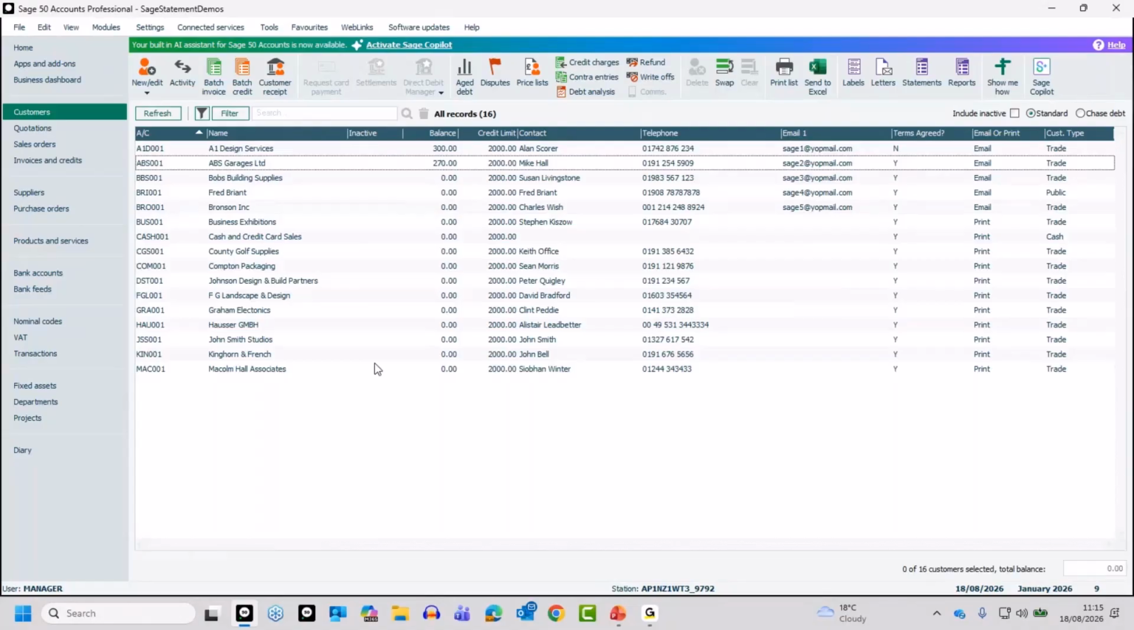Now, as I also mentioned, you might apply a filter beforehand. So you can see some of mine are flagged as trade. I've only got one flagged as public in this instance and one flagged as cash. So if I go to generate my statements, I might only send statements to trade customers, in which case I